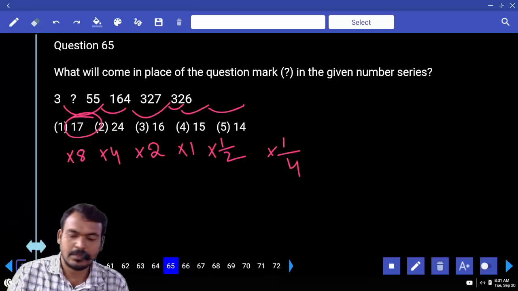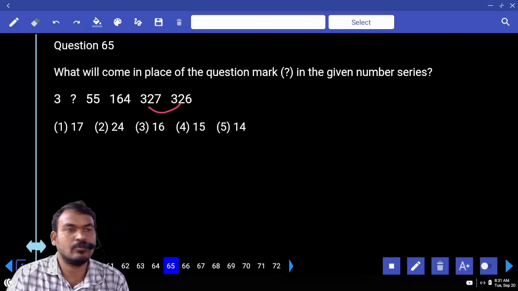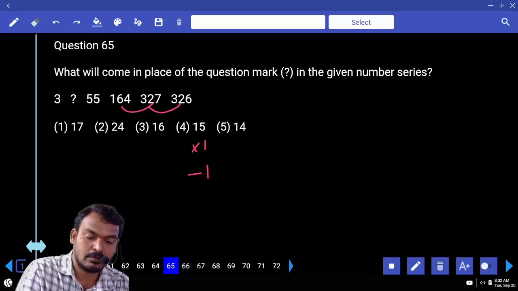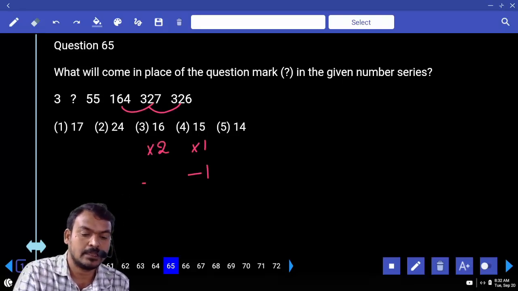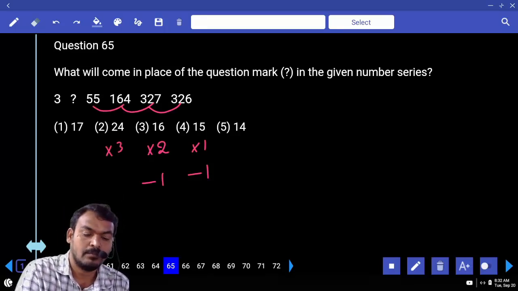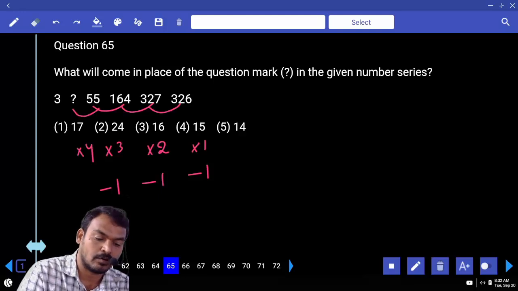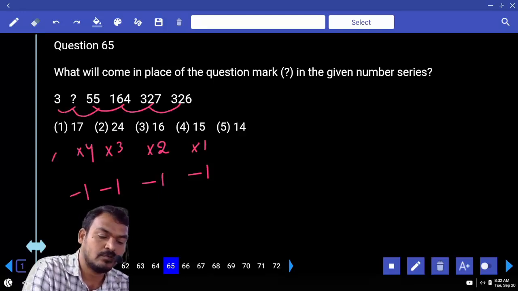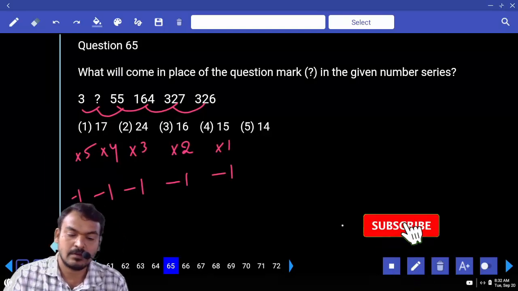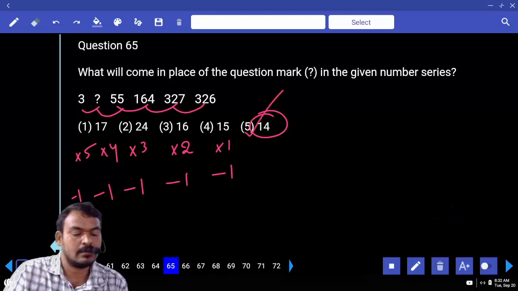Next question number 65. 327, 326, almost one timer into 1 minus 1 or 164 to 327, almost 2 times plus 1 or minus 1. 55 to 164, almost 3 times minus 1. Into 1, into 2, into 3, means obviously here into 4 minus 1, and first one into 5 minus 1. 3 5s are how much? 15 minus 1, 14. 14 4s are 56 minus 1, 55, and the answer is 14 or